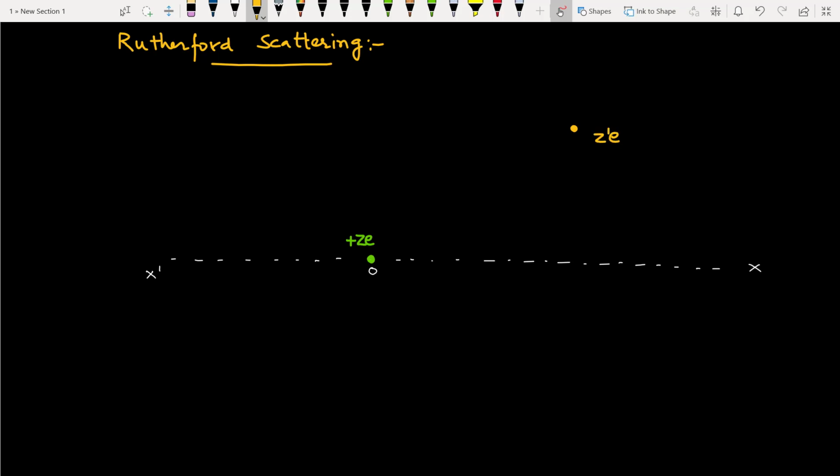Z dash is the atomic number of the incident particle and capital Z is the atomic number of the heavy nucleus,